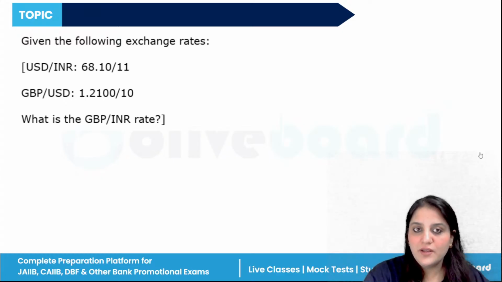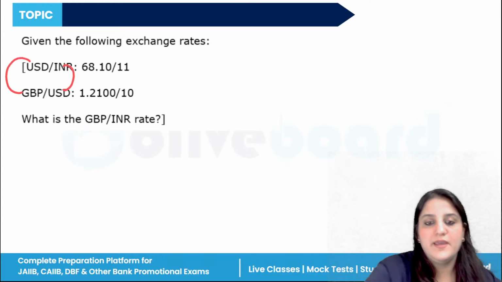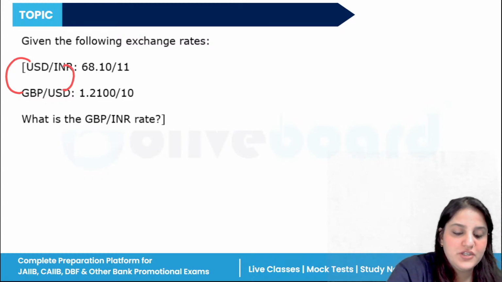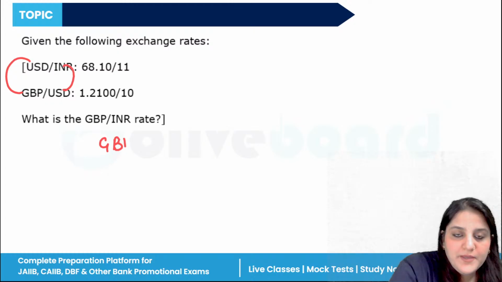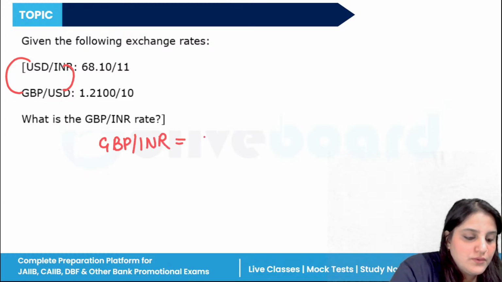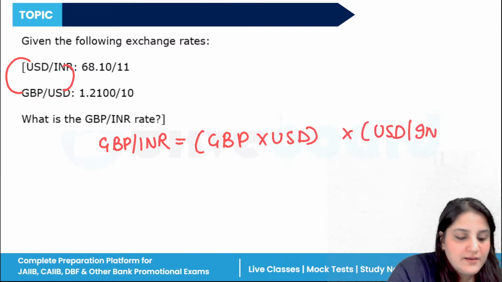Simple. US dollar is given, British pound is given. So for this, what we can do is multiply. That means here we can do multiplication for finding the GBP INR rate. So GBP INR is equal to British pound US dollar multiplied by US dollar INR, which here is equal to